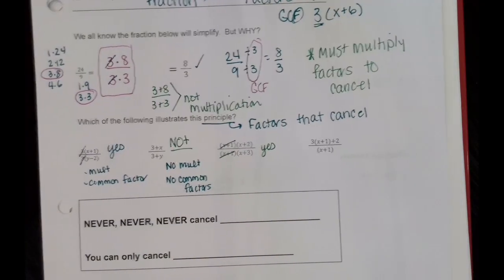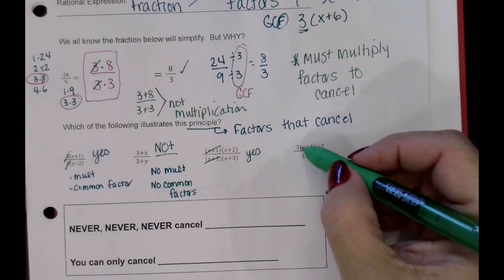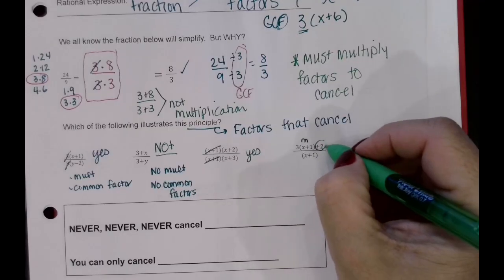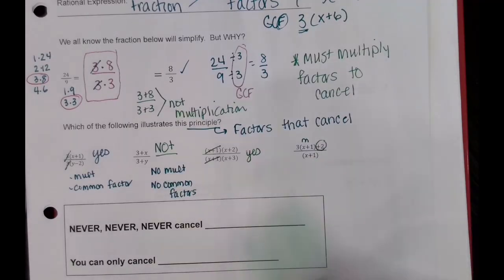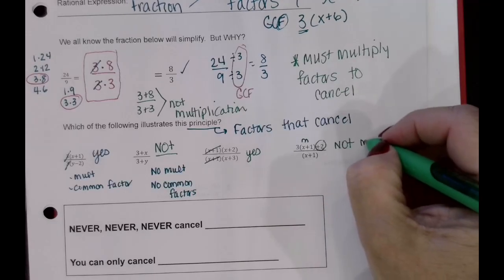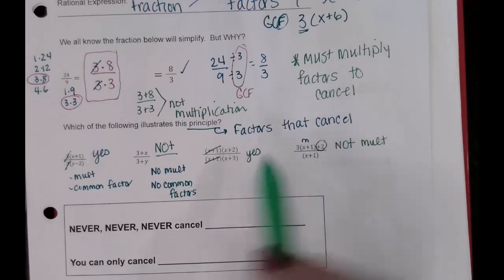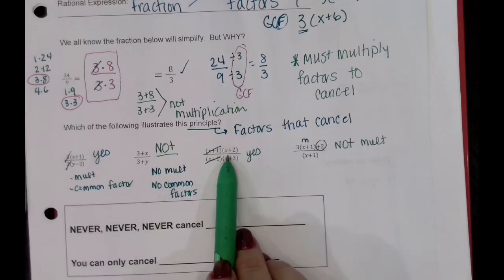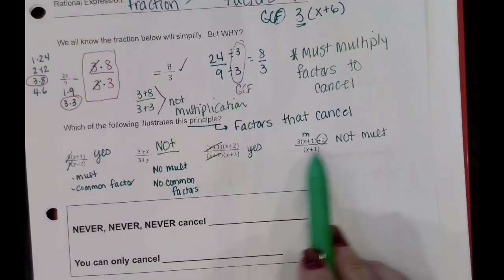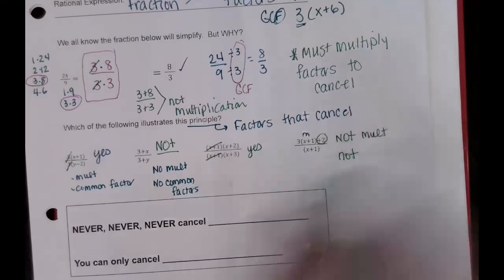Now, this is a tricky one. So what happens is I have 3x times 1. So here I multiply, but I've got this plus 2 on the end. Because I have this addition statement, this is not multiplication. Part of it's multiplication, but the whole thing has to be multiplication, right? Here I have two factors multiplied together. Here I have a common factor multiplied in, but this does not count. So this is not multiplication. So this does not demonstrate